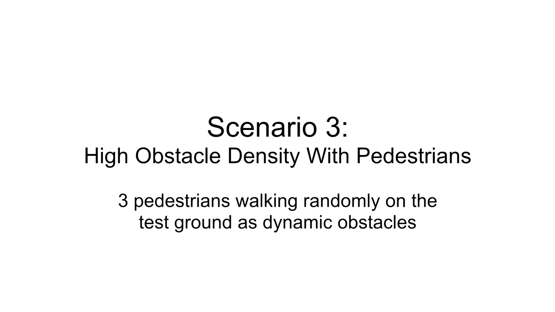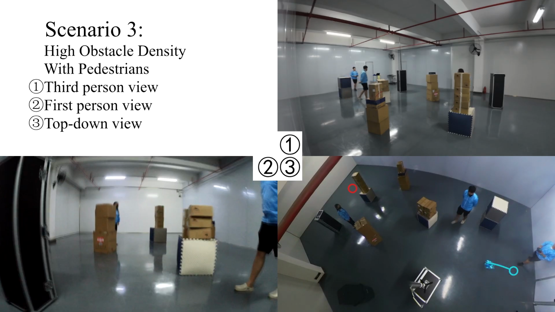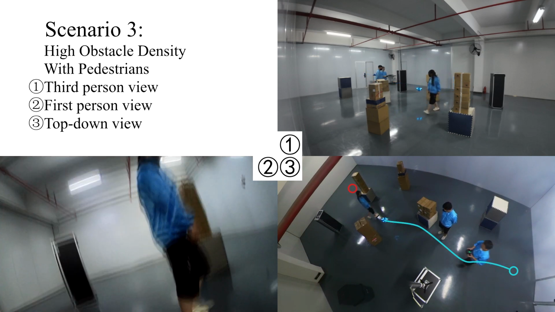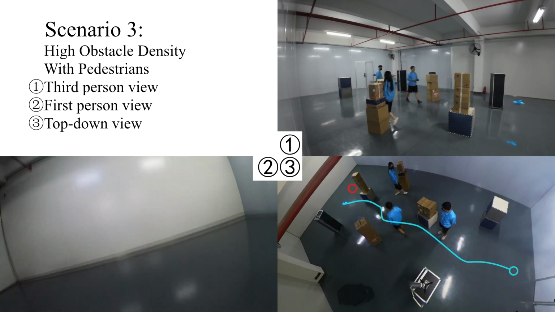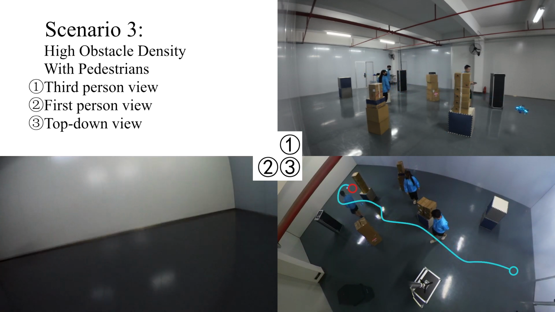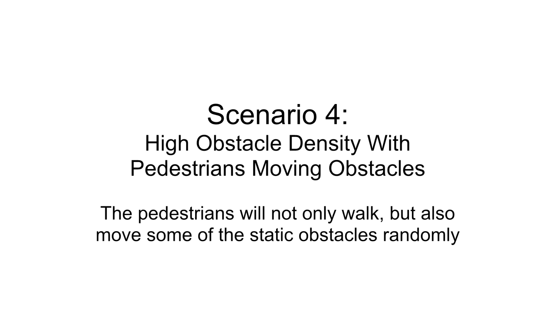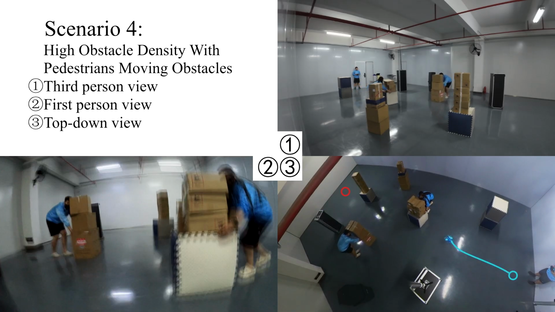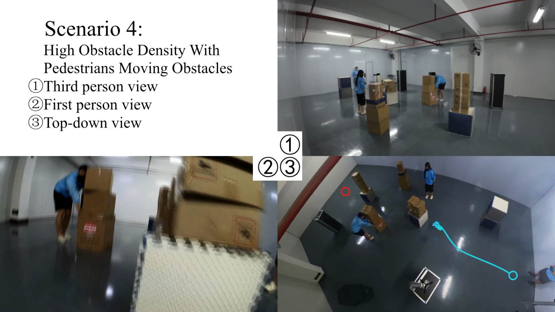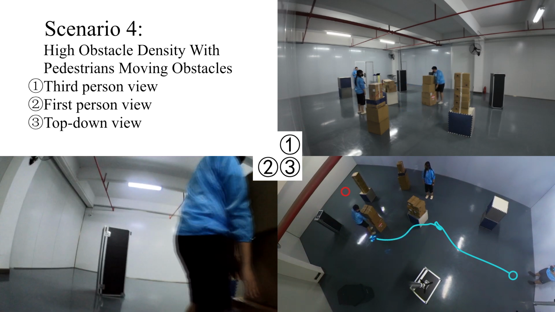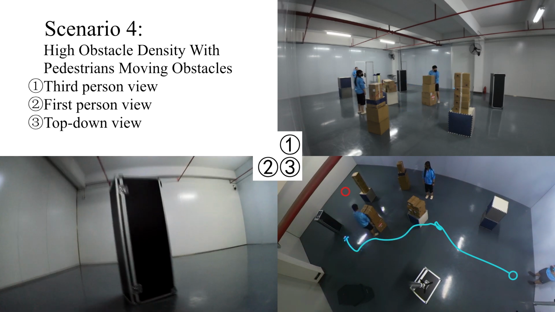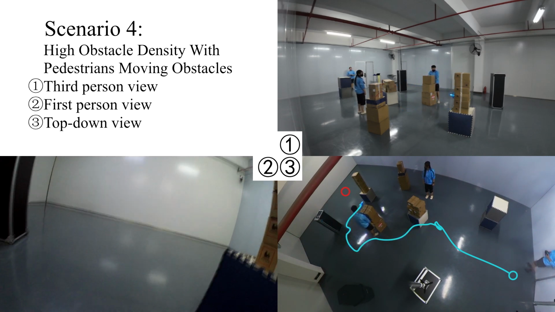In the third scenario, we let 3 pedestrians walk randomly in the test ground, and the quadrotor is able to take evasive maneuvers when a pedestrian blocks its way. In the last scenario, we increase the complexity by letting the pedestrians move some of the obstacles to block the quadrotor's way. The quadrotor is able to halt when the obstacle blocks its way, and then choose another way to